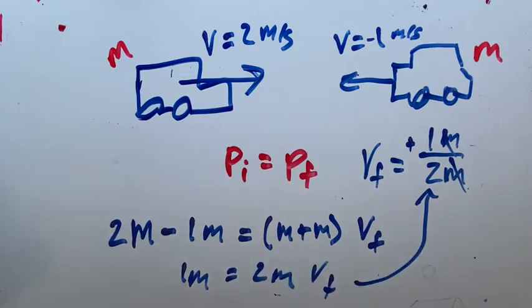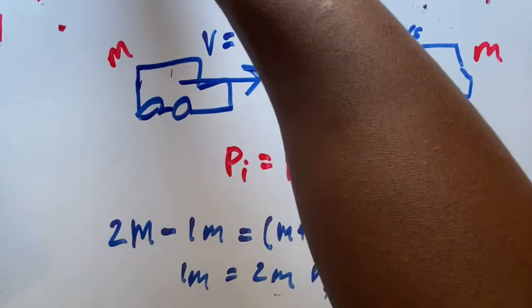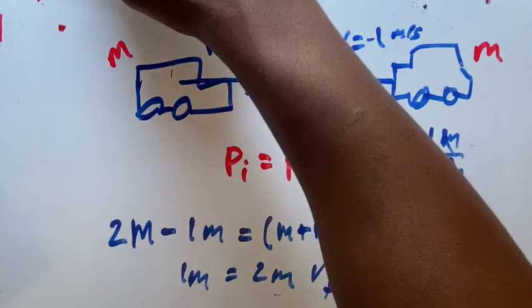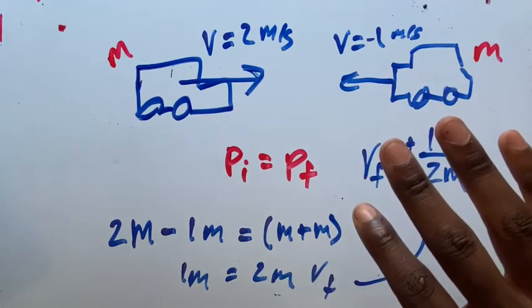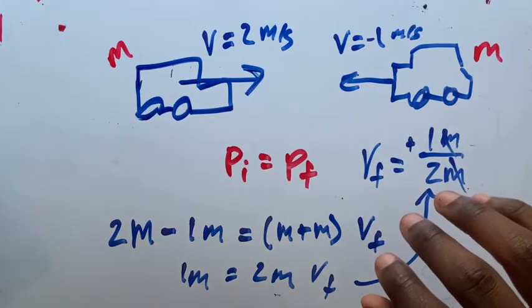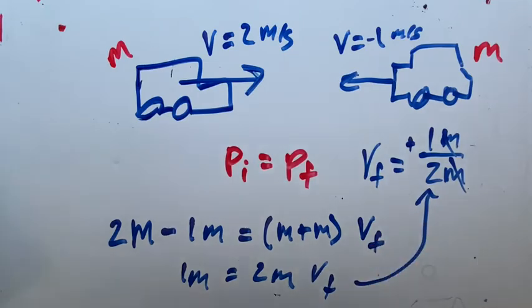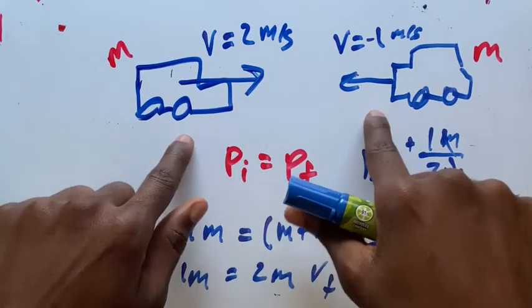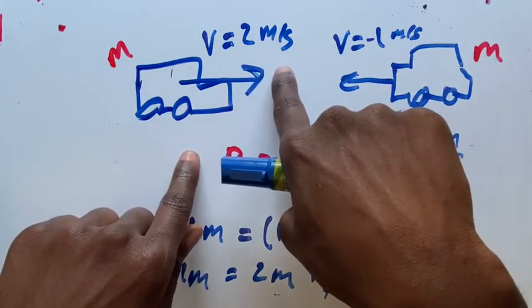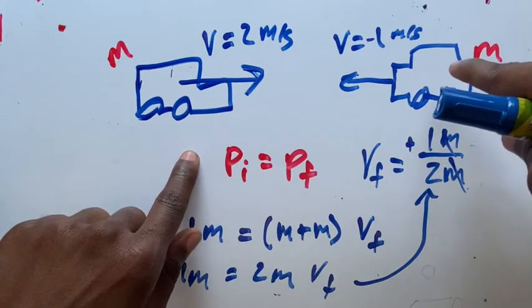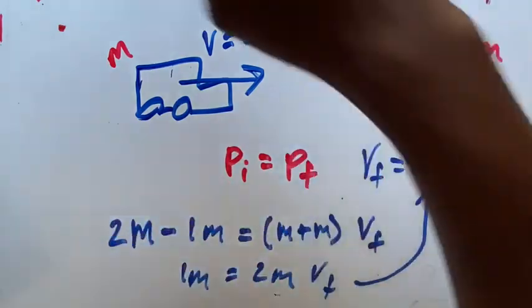Okay, so now let's do number 8. And also notice, I guess the last thing I want to mention about number 7 is what they say at the end: after they collide, say they couple and roll together with the speed of, so they're asking for the speed afterwards. And so let me also do this same problem, but the other way around, because you might have said this one's moving at 1 meter per second, and the one to the right is moving at 2 meters per second. So if you would have done it that way,